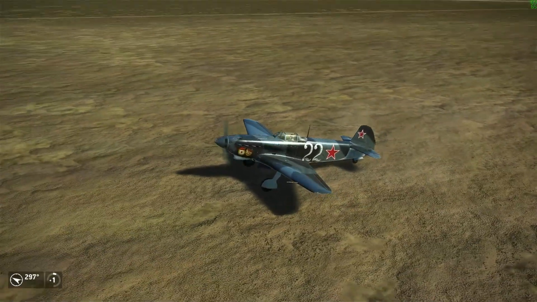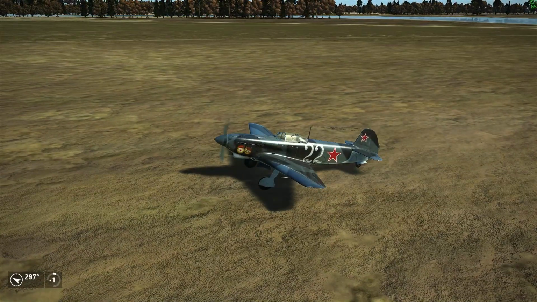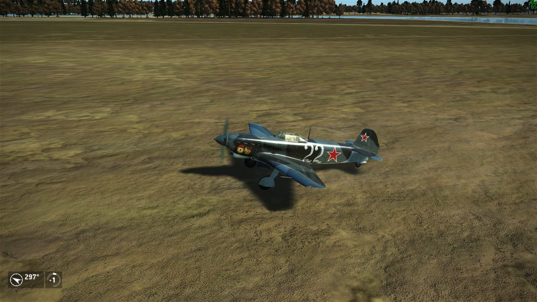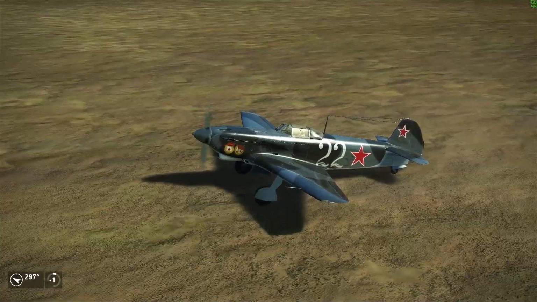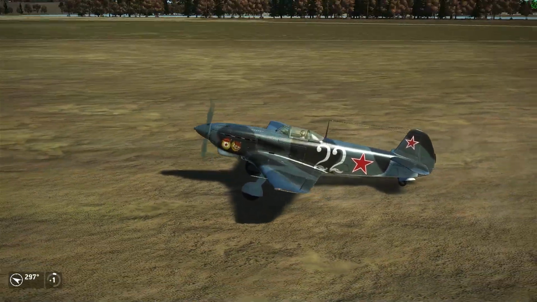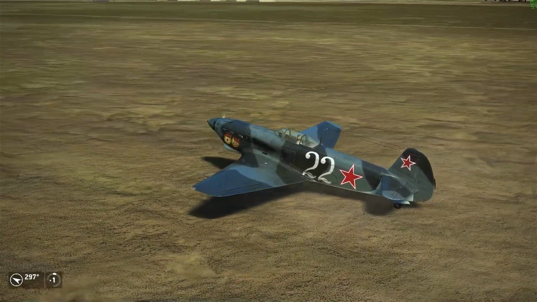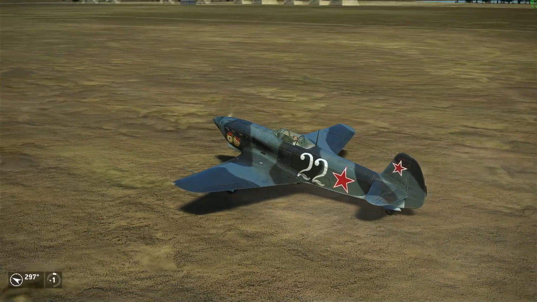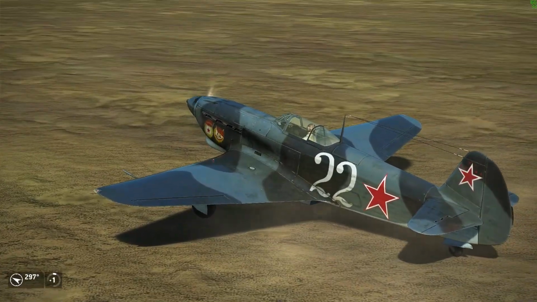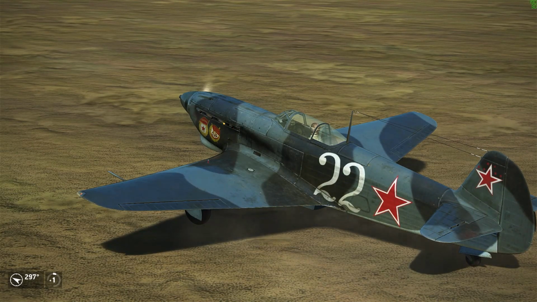Today we're gonna be talking about, I don't know if I pronounce it correctly, miscellaneous stuff. I'm sorry guys, again English is my second language, so I apologize. But basically we're gonna be talking about quality of life tips for IL-2, right? So right off the bat, we're gonna start with the zoom